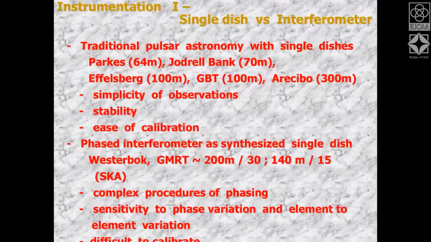Traditionally, pulsar astronomy was done with single dish radio telescopes, such as Arecibo or Parkes or Jodrell Bank or Effelsberg or GBT. And now the largest telescope in the world, which is in China, called FAST. So that is the traditional pulsar astronomy. And the reason was that these dishes provided you a very large collecting area. But as time is going by and all the most modern telescopes, one realizes that to build a telescope which is as big as 100-meter or 300-meter or 500-meter is very difficult.